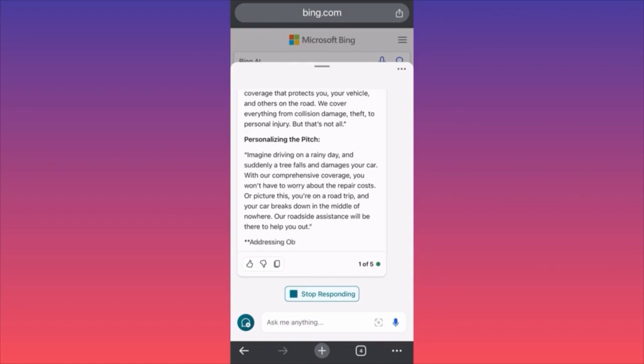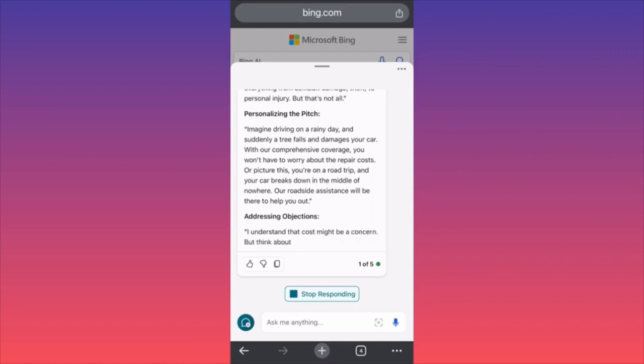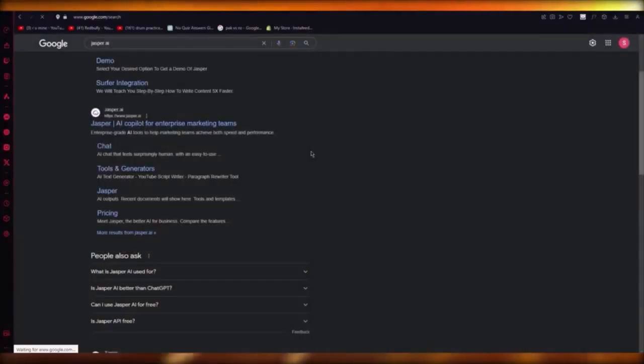I'm not into insurance at all, guys. I'm not hyped about it. It just came to my mind because I know that this is a very hard product to sell. Any type of insurance is a hard product to sell because people are paying for something that they hope they're never going to use, right? Anyway, I think we got plenty of replies and we got the point proven that this is how you can utilize the Copilot from Microsoft AI to create not only a business plan, business strategy, but you could also create a sales pitch.